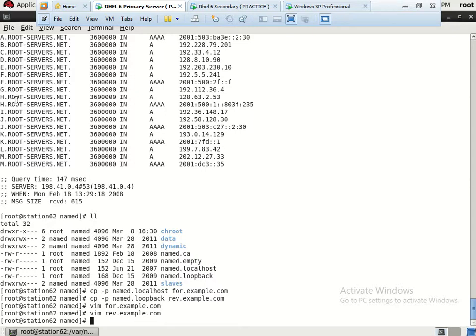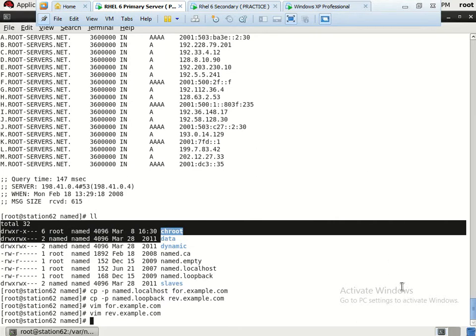Now let us check the configuration files and zone files, that whether any syntax error has been committed or not.